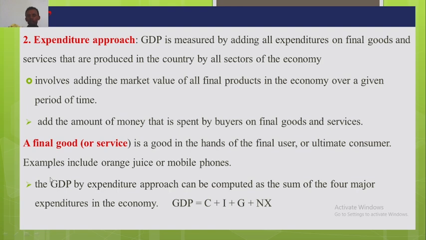በእቃዎች ላይ የምናወጣ አጠቃላይ ወጪ ማለት ነው or are the amount of money that is spent by buyers on final goods and services. ገዢዎቹ እቃዎቹ ላይ ያወጡት አጠቃላይ ገንዘብ መደመር ነው GDP according to expenditure approach. Final goods or service is goods in the hands of the final users or ultimate consumer. ያለቀ ፕሮዳክት ማለት ነው like orange juice, mobile phones, car. መኪና ምንናቸው final goods ናቸው ያለቁት ፕሮዳክቶች ናቸው ማለት ነው